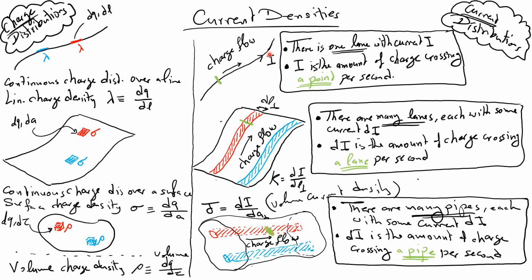Okay, and there's nothing there because this situation is not exactly similar to this situation. Here you can have a linear charge density which varies from one point to another, but here all that we have is just one current, and that's it, and there's nothing you can do about it. So just one current per lane,